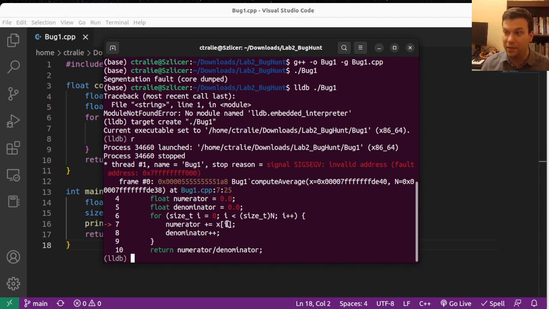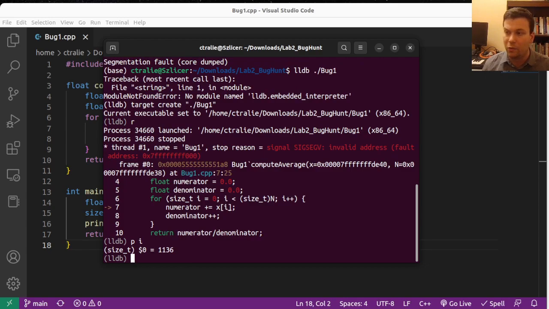Are we accessing something that's out of bounds? Or maybe is this array a null pointer? I don't know. But the really cool thing about the debugger is when the execution freezes, you can actually examine some information about the variables that are there. So I can print out the variables. For example, if I type p space i, that'll print out what i is holding right now. So i is holding the number 1136,